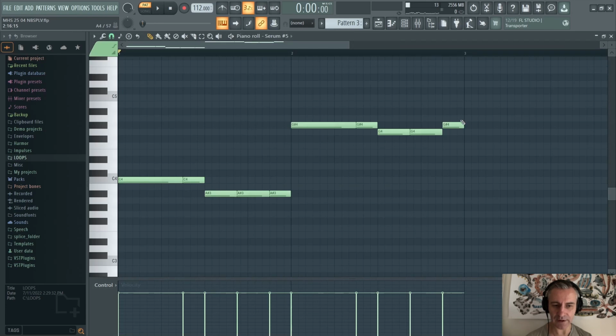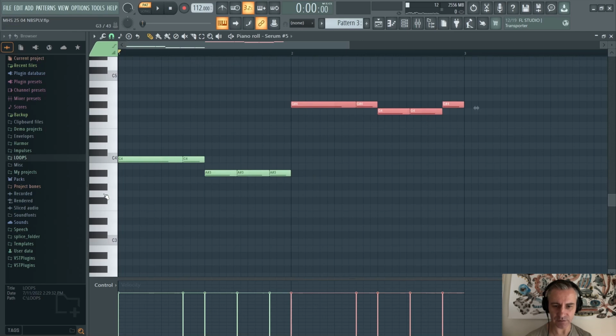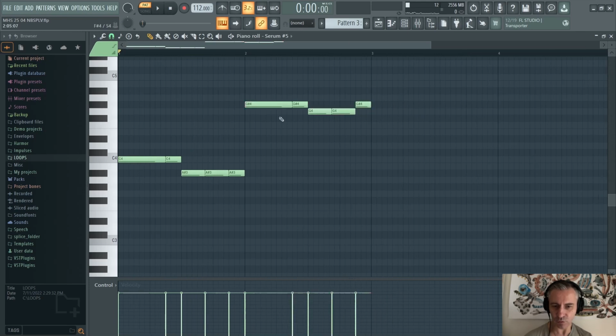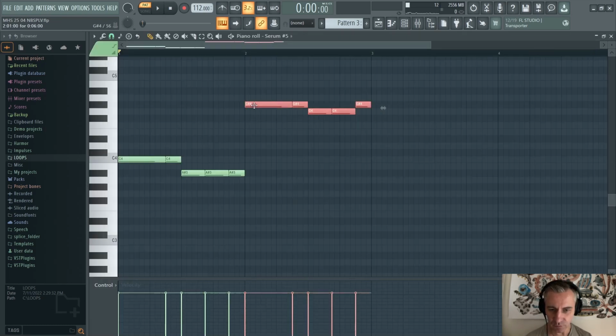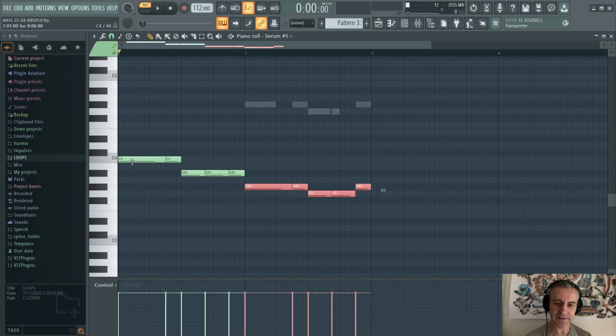Honestly, I don't know why the producer decided to use these high notes instead of low notes, because this section maybe sounds cooler than these high notes, but I don't know. I decided to make a copy, and I also made higher notes here. But if we look, we have a really simple